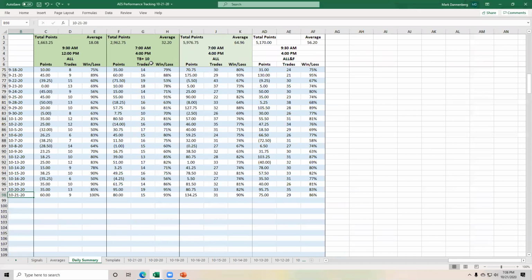So we track those because we're showing you what a longer time commitment to trading is during the day using only two signals versus a shorter time commitment during the day using all of the signals. And then this program where we track, thanks to Aaron, has been designed in such a way that we can take a look at